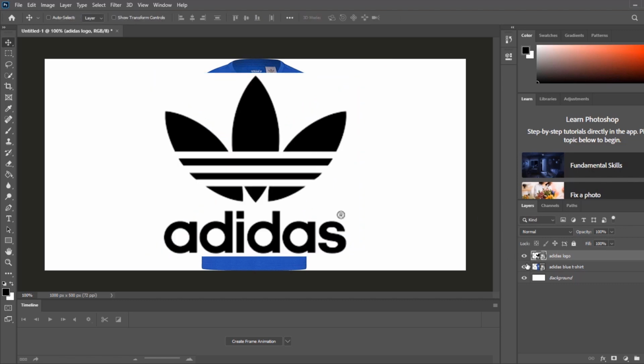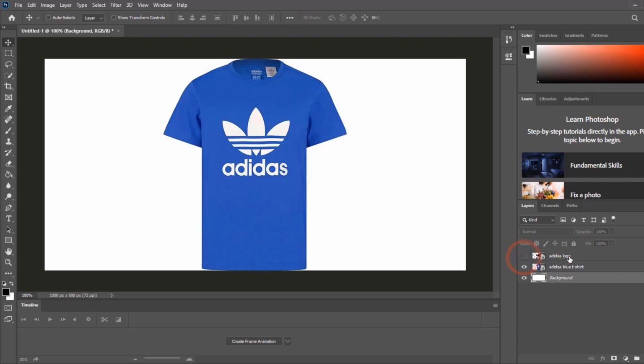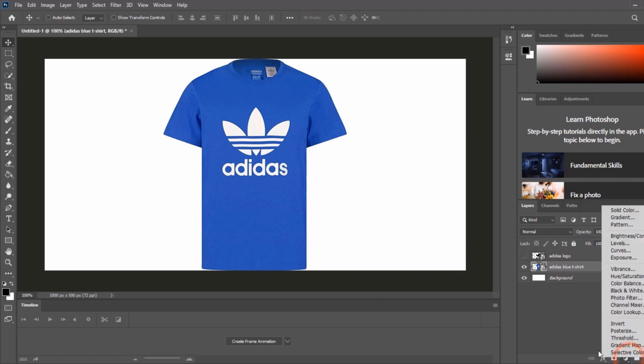Okay, so right now I have my two layers here, one layer for the logo and one layer for the t-shirt, and my background layer. So I'm just gonna turn this logo here off. Okay, select the layer of my t-shirt and I'm gonna go to this icon here, click on it and then choose hue and saturation,